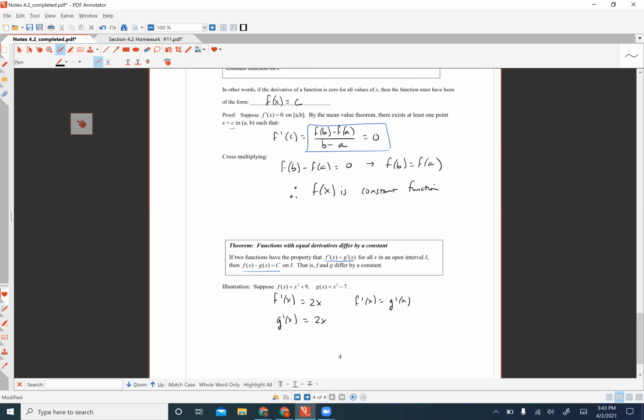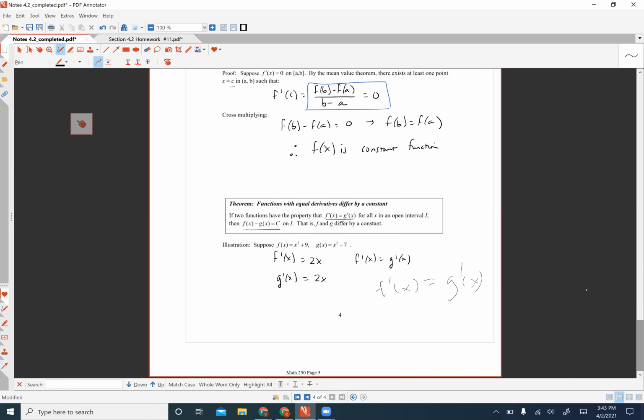Well, first of all, let's take f of x minus g of x, and let's assume they have an equal derivative, so f prime of x is equal to g prime of x, right? Then the derivative of f of x minus g of x is 0, which means that f of x minus g of x is a constant, or f of x is equal to g of x plus c. And I think there's a few problems in MyLab